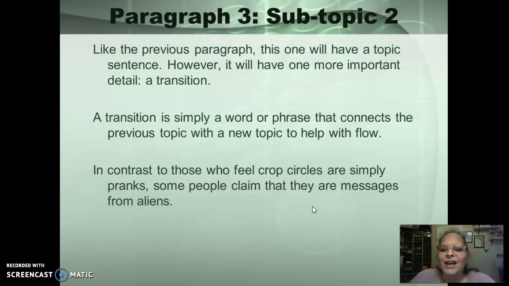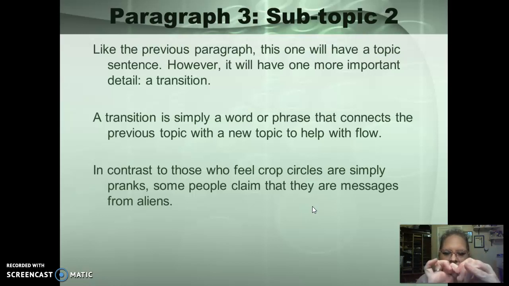Aliens. So hoaxes and aliens have nothing in common unless the aliens are making hoaxes. But you got to make them connect. Think of your writing like that giant chain of thought. Our brains don't think that way. You have to make the chain work. So if you just wrote about something that does not connect to the next item, you have to connect them